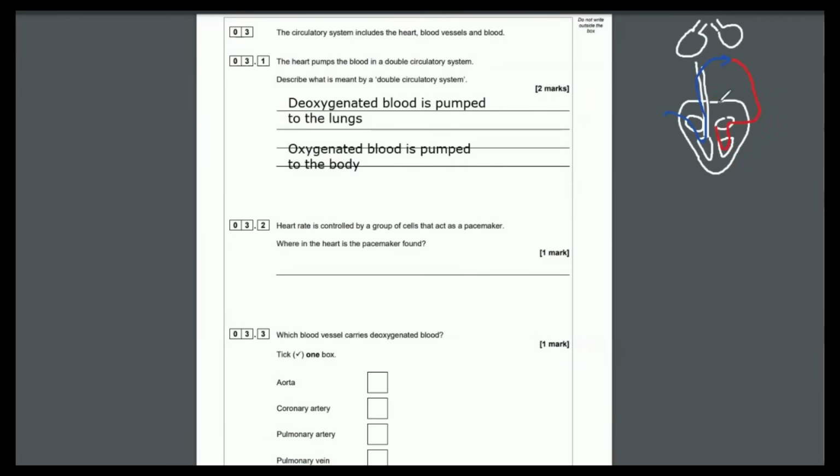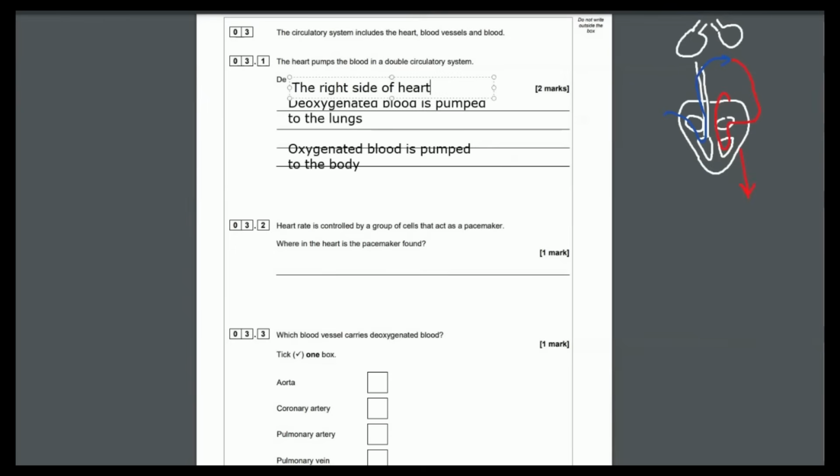So here is your left atrium and left ventricle on my crusty diagram. Here's the red oxygenated blood coming back in through the left atrium, down to the left ventricle, pumped up round the back of the heart and off round to the body. And so we have a double circulatory system.